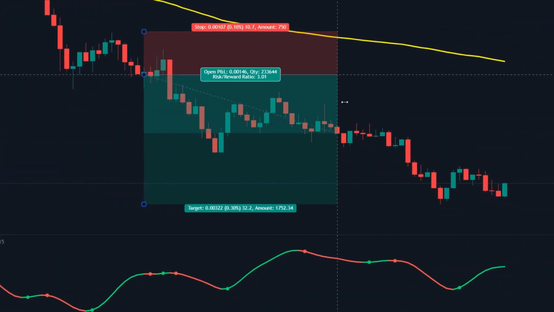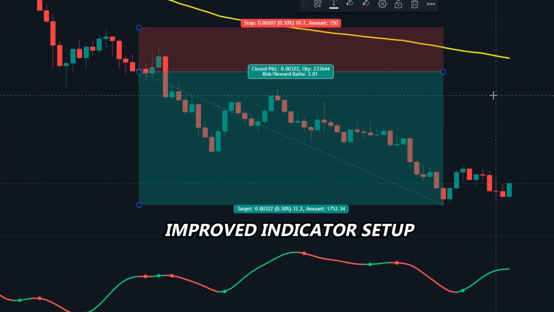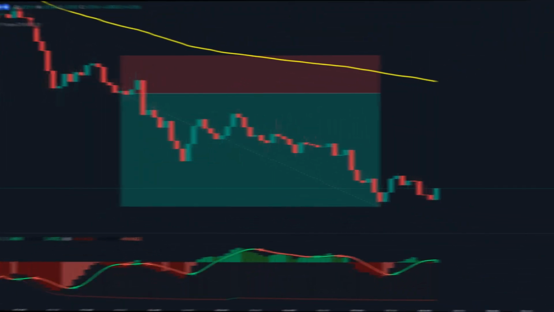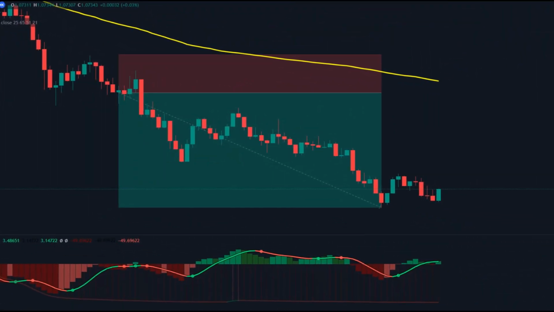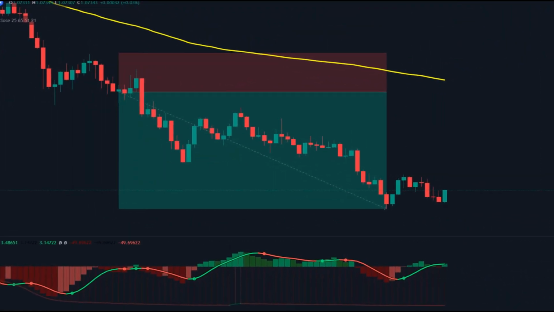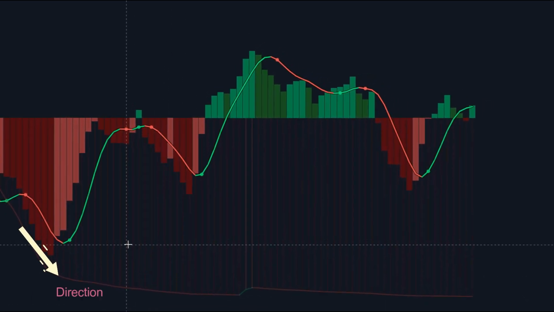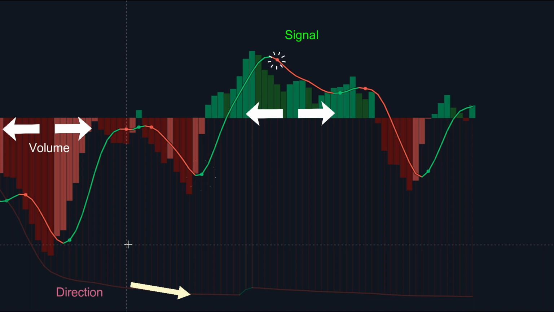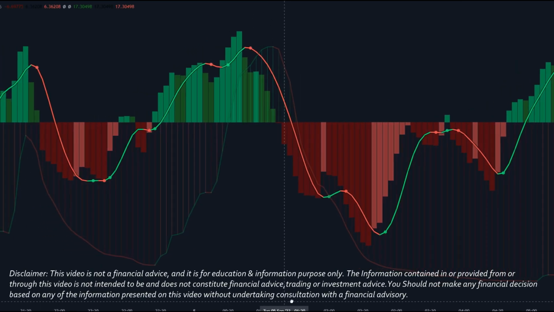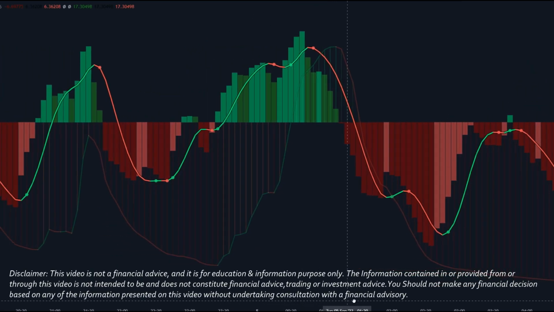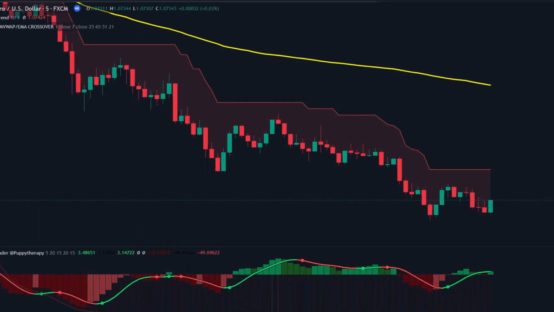Here is how to enter big trades using this improved indicator setup. This indicator is considered to be one of the best buy and sell indicators on TradingView, as it contains all the necessary options altogether, such as trend direction, volume and entry signal. But after backtesting, I found it is not that good, so I combined it with other supporting indicators and improved